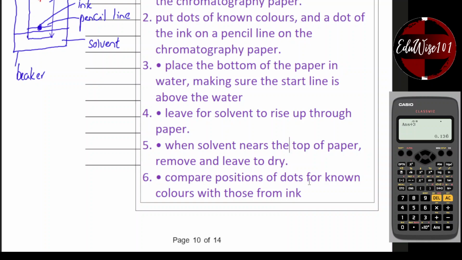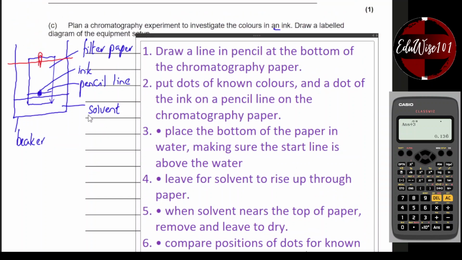Compare position of dots for known colors with those from the ink. That should give you the 6 marks, but remember, you can draw a detailed diagram and you can actually reduce a whole lot of writing here. But make sure that you draw the diagram and write the detailed answer as well, as I've written it here,